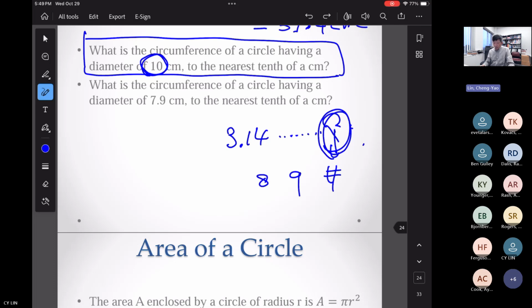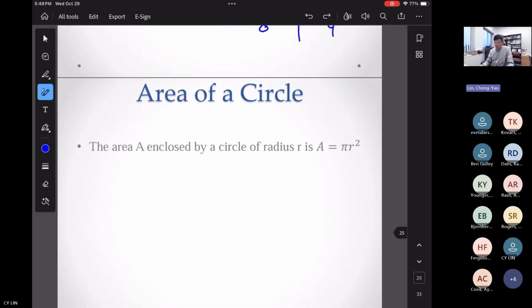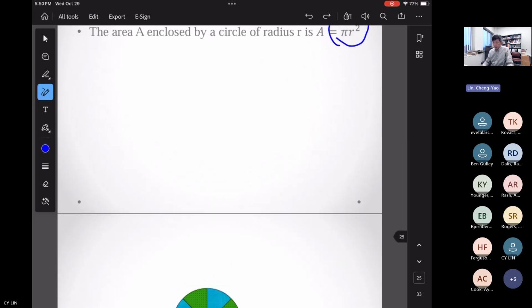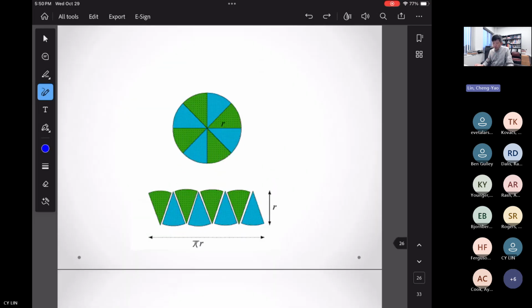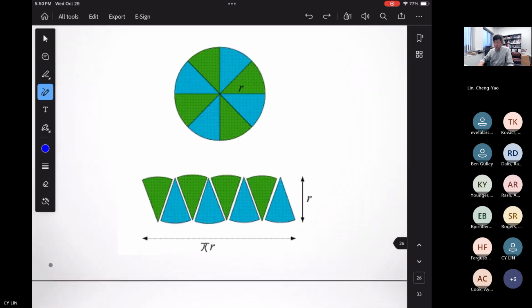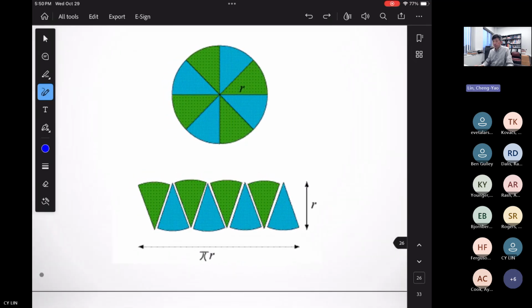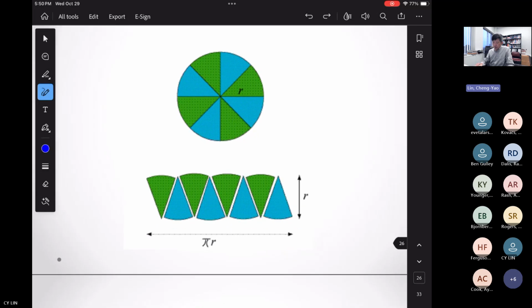All right, next one, we're going to talk about the area of a circle. The area of a circle is equal to pi r squared, okay? Pi r squared. So now, can you see this picture? This picture shows you the circle, right? And then I have 1, 2, 3, 4, 5, 6, 7, 8 pieces right here, right? The 8 pieces there. Then I rearrange